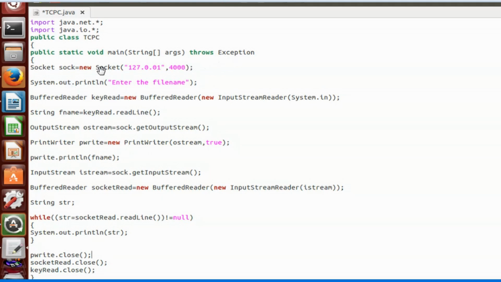Do you remember on UDP, when we were creating the datagram socket, we didn't mention these details? Why? There we did not have a connection, right? Only the packets used to have the information of the IP address and the port number. But here that is not the case. Whenever we are creating the socket itself, we should put the IP address and then the port number.